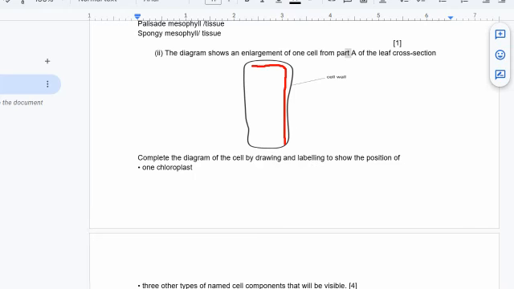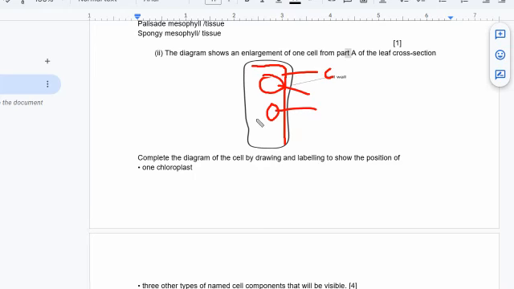So in this way, by labelling, you can make a cell wall. You can draw a cell wall, and it's okay. These things can be learned by practice. So this one is the cell membrane. There you can draw a chloroplast, and then you can draw a nucleus and label it. This one is the nucleus, this one is the chloroplast, and this one is the cell membrane.